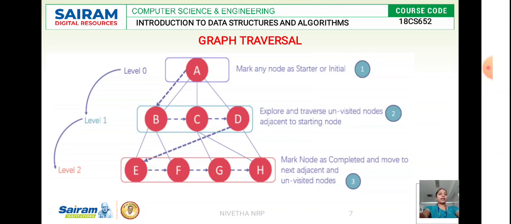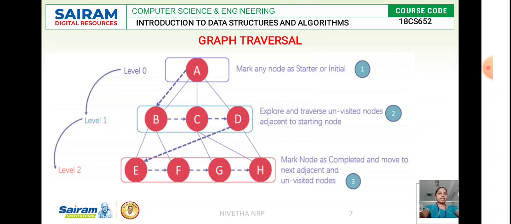So we'll start from the levels. We know what is the level of a graph. Our root node will be at level 0, so we'll first visit the level 0 node. What is there in level 0? We have A. So A will be visited first, and then if we have further nodes, we'll visit them in the same level. But since it is a root node, we have only one node at level 0. Then we go to level 1. In level 1, we have B, C, D. So it will visit B first, followed by C, followed by D.